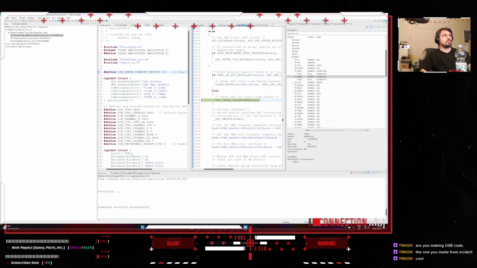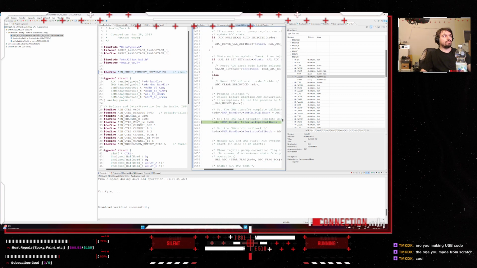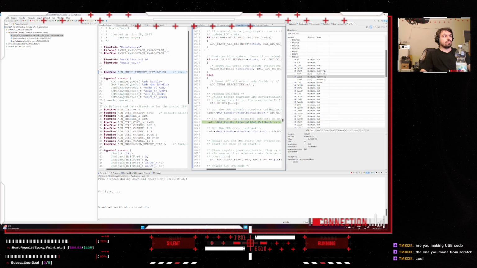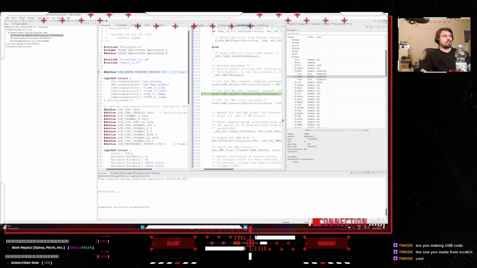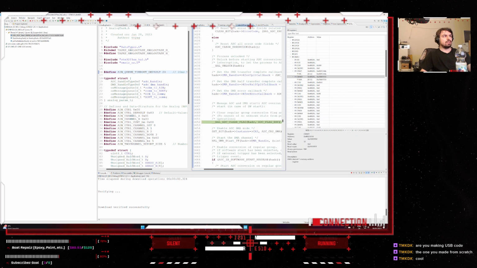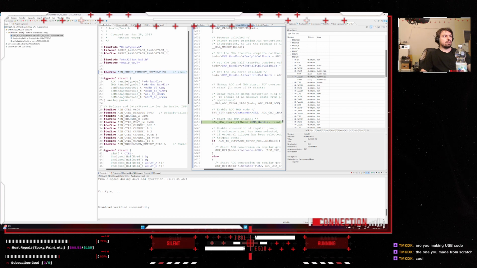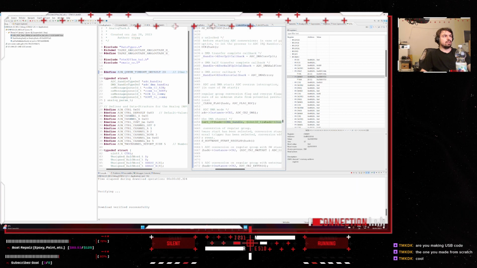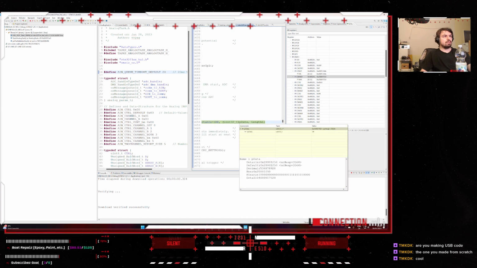If something is okay, then we clear all error codes. Unlock. Okay. Set the callbacks. Then we start DMA start interrupt. P data points to